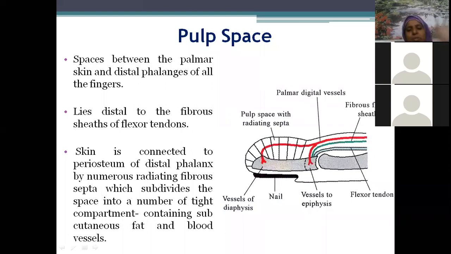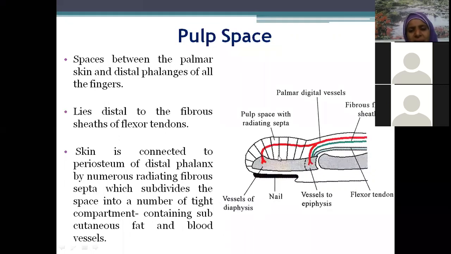Pulp space is this only. This space is basically loaded with fat. If you can recollect in the dissection hall, when you have cut this, a lot of fat comes out. Very tough, thick, tight locules it is. So that is pulp space. Do you remember ischiorectal fossa? If the fat is arranged in tight locules, it will be very painful. Similarly here also, you will see fat is arranged in tight compartments, because of which, if there is any infection in pulp space of finger, it will be highly painful. Now let us read what is written here.